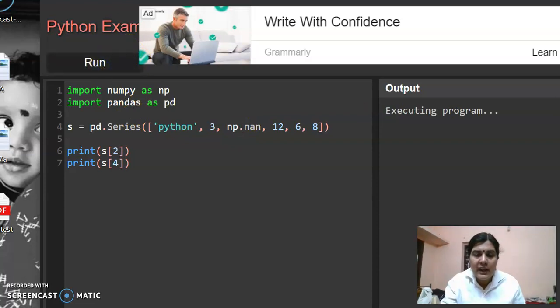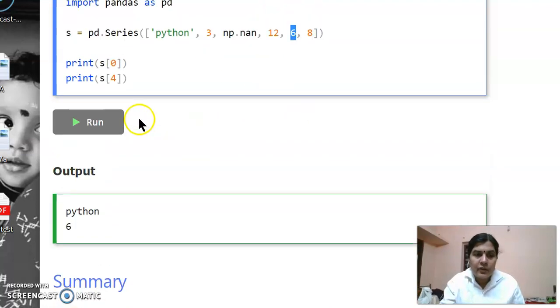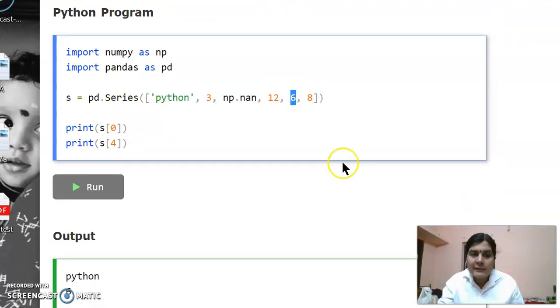NaN will be the output. Let's look at the example. The output will be NaN. I think you can understand this program. So we can access an element of a Pandas series by using its index position. This is the program explaining how we can access an element in a series.